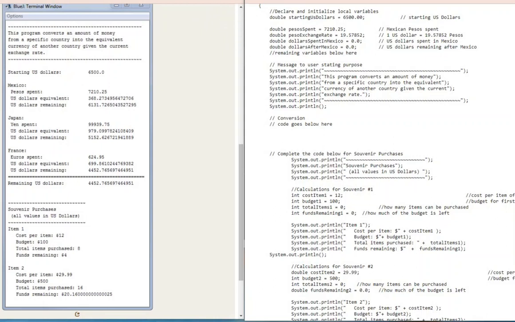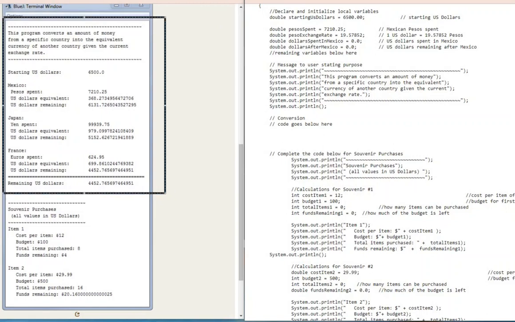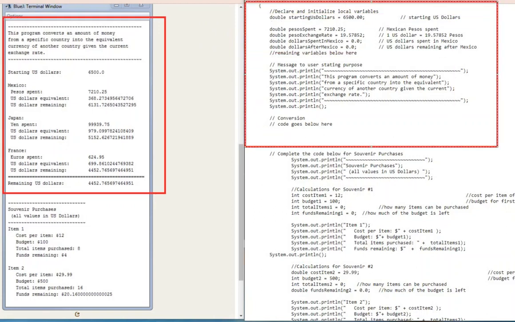So the first half of the program we will represent with a red rectangle and its corresponding starter code in red. Okay, and maybe an arrow will do. Oops, didn't mean to do that. Let's just use a line. Okay, connecting the two. So the first half of the program is a currency conversion calculator for 3 different countries,